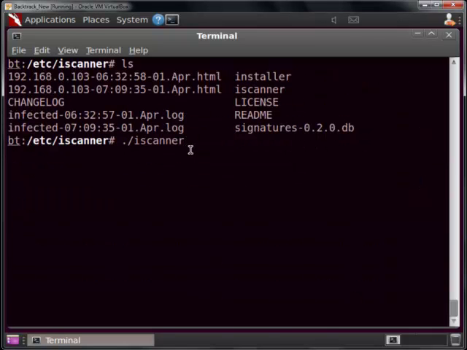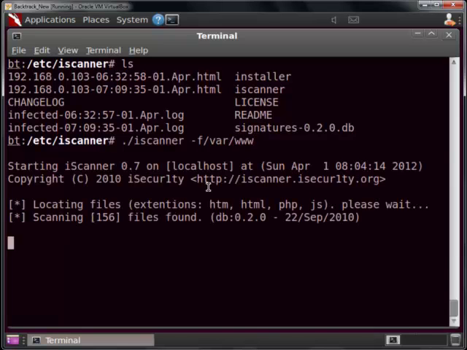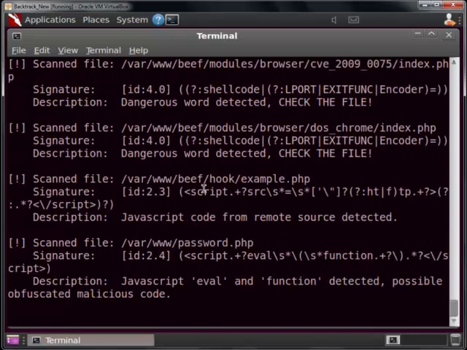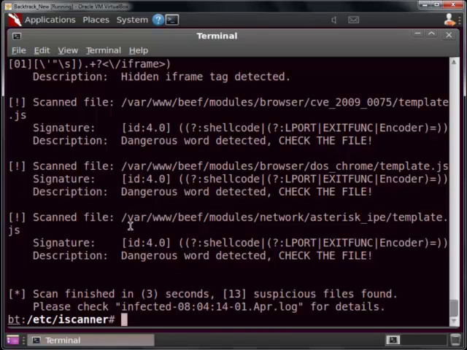iScanner will also allow you to scan a specific directory. This is where I discovered it also scans the subdirectories beneath it. To scan a directory, you use a -F option flag. And as you can see, it not only scanned the var/ww directory, it also scanned the beef subdirectory and the